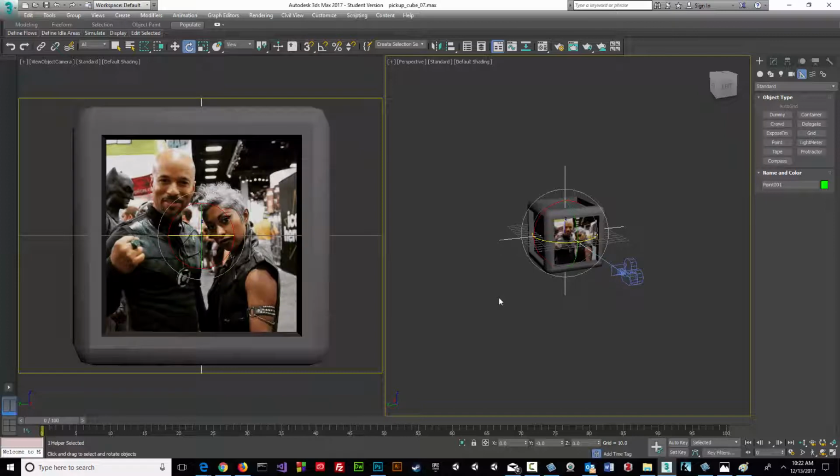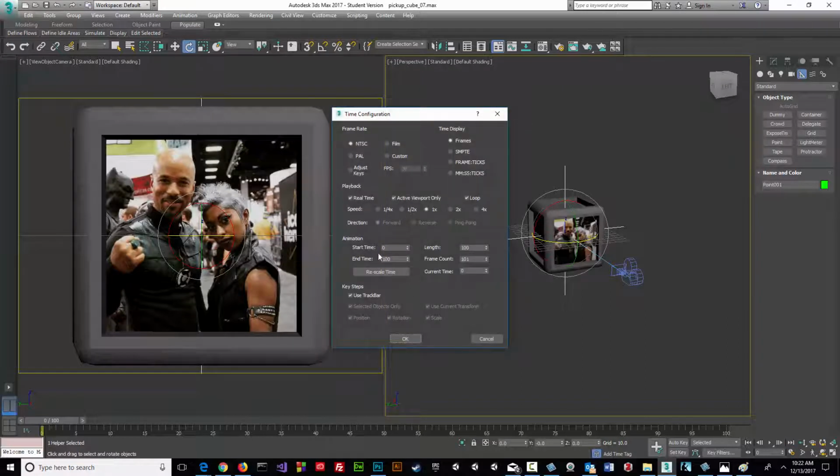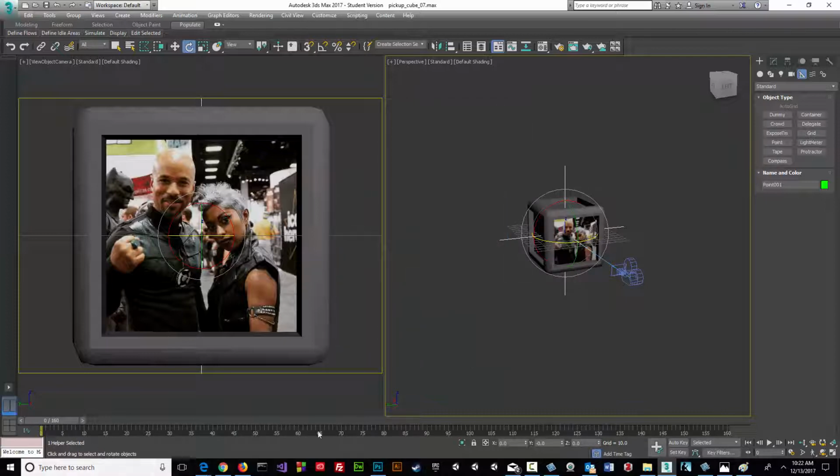Now that we have that done, we're going to start animating this. First I'm going to move this time up from 100 to 160. I'm going to go down here to time configuration and set my animation from 100 to 160. Hit enter, say OK. As you can see, our timeline has gone to 160. We're going to set our auto key, and at our first frame we're going to set a key. Then we're going to go down to 160